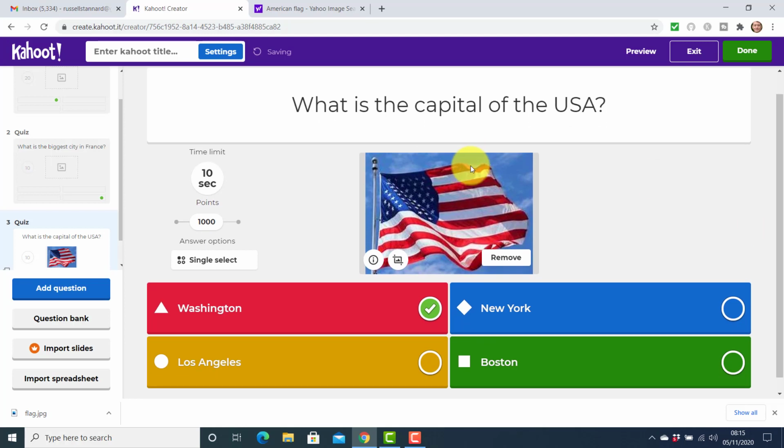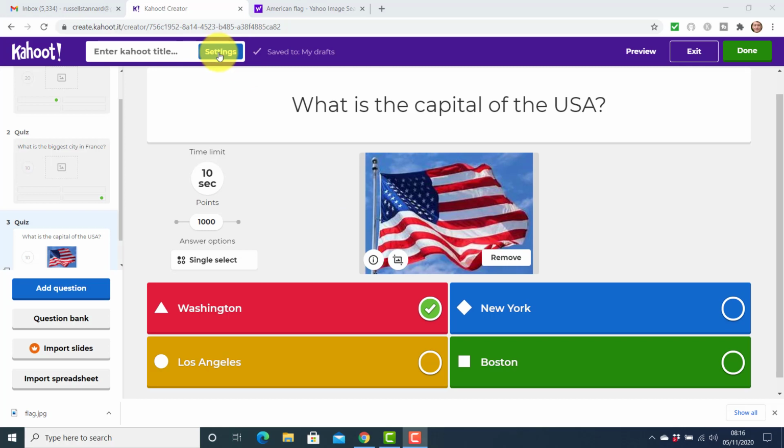So that question has got a flag included simply because it connects to the question, and that is one of the ways you could work. But of course you could ask the question actually about the image. Now that image will appear along with the question when we play the game, and the same would be the case if we decided to use video.